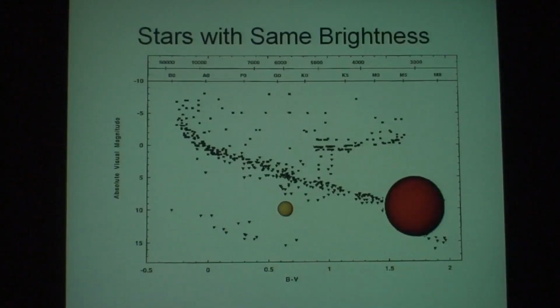It's not very difficult. On the other hand, this is a little more difficult to understand. If we have two stars that are beside each other on the graph, remember, it's brighter, fainter. So these two stars have the same brightness, but this one is much cooler than this one. In fact, this one I've plotted with about 3,000 degrees surface temperature. This one's about 6,000 degrees. So this one is twice as hot as this one.